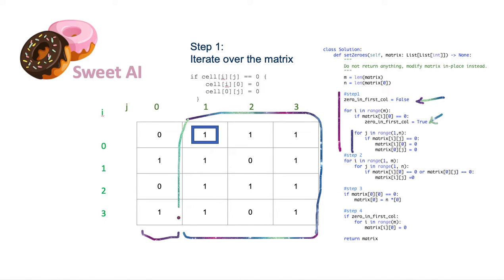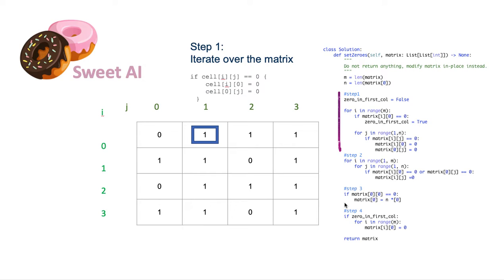So we don't need to iterate over the first column because we already did that here. Okay, so here is the example. We are going to iterate over this. This is not equal to 0, this is not equal to 0, this is not equal to 0, and this is equal to 0, and this is equal to 0. What we are going to do is make this and these elements equal to 0,